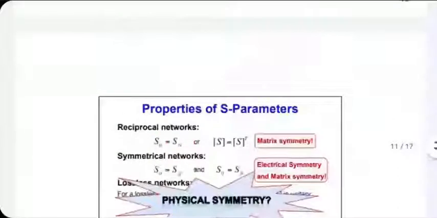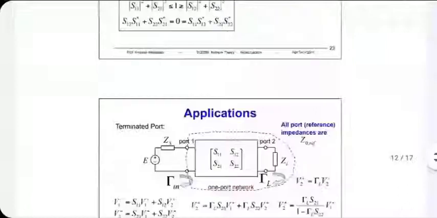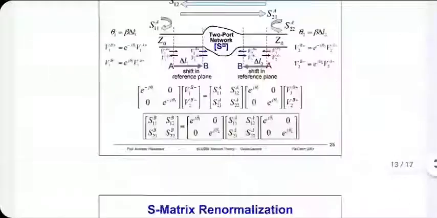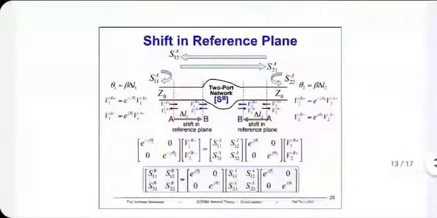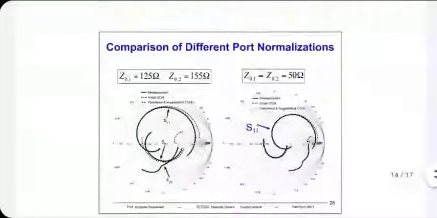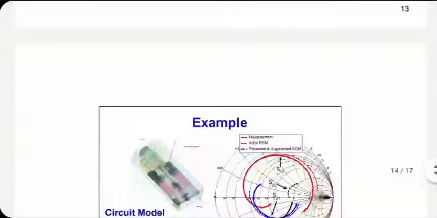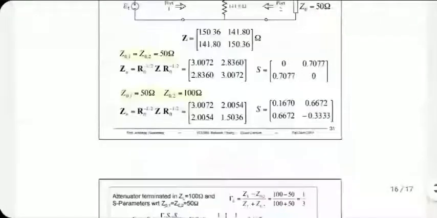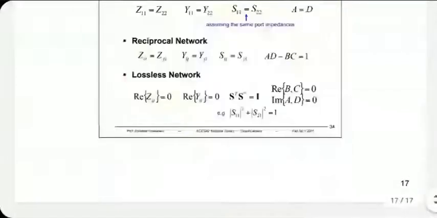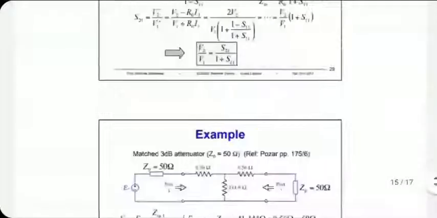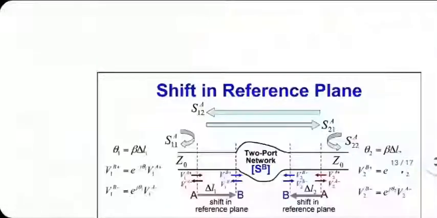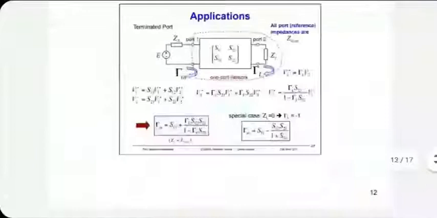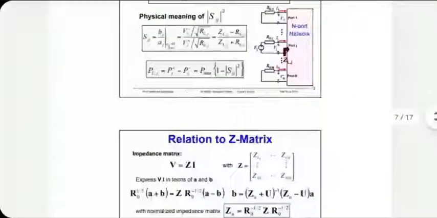I think that's about it. Let me just quickly see if there is anything more. Standing waves we have already seen. A lot of things here. Yeah, just ignore all. There is a lot of theory in S parameters. I don't think we have time to go into each and everything. There's a practical example of a design. This is all suited more to the microwave engineering course than the electromagnetics course, that's for sure. There are conditions in the S parameter derivation. There are conditions when the network will be lossless, when it would be reciprocal, when it would be symmetric, and so on.